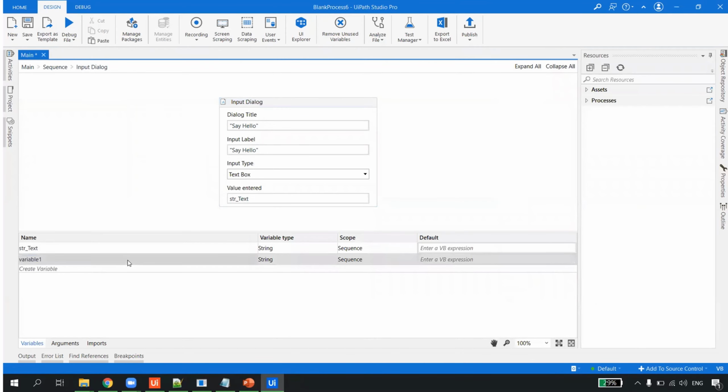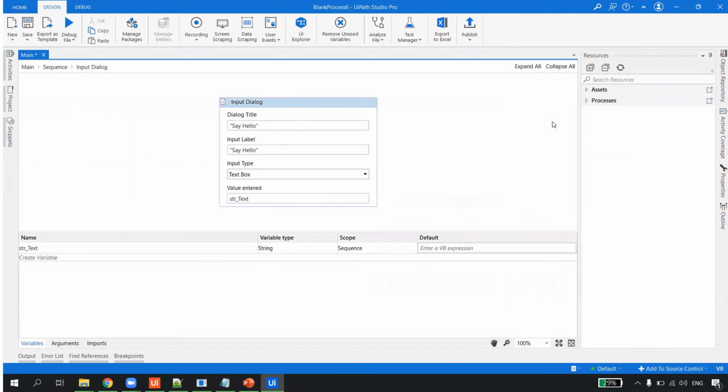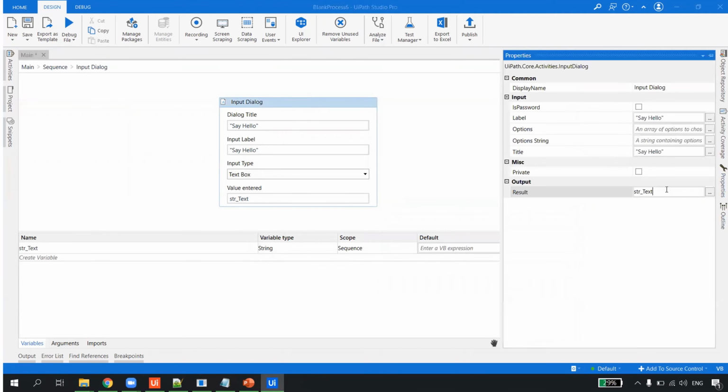So what is the difference I get? If I am not sure of the data type, right? This was simple, I know this is a string. But for other activities, it would be different. So an easy way is to always go to the properties, hit Control plus K, and it will already select the variable type for you. You don't have to worry about this.